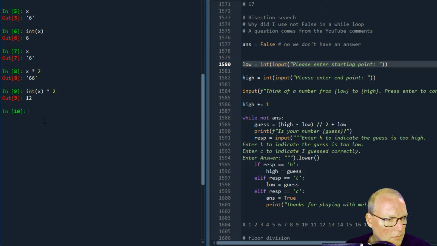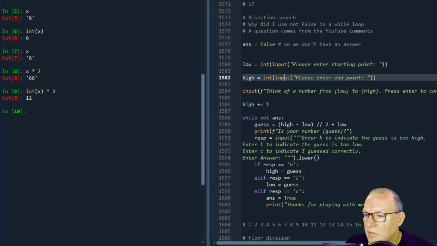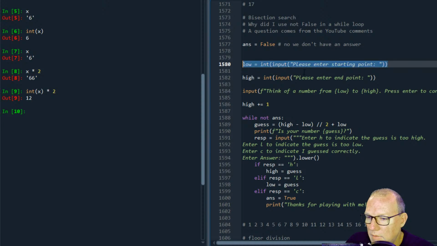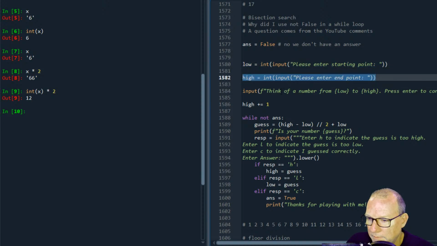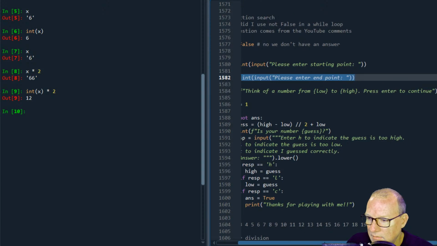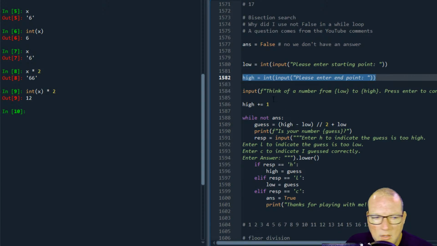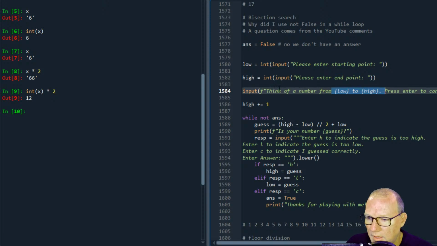left to right. All right. So I'm taking my low point, my high point, then I'm asking to have the user think of a number between the low point and the high point. So let's talk about this f-string. An f-string is me telling Python it's string formatting.